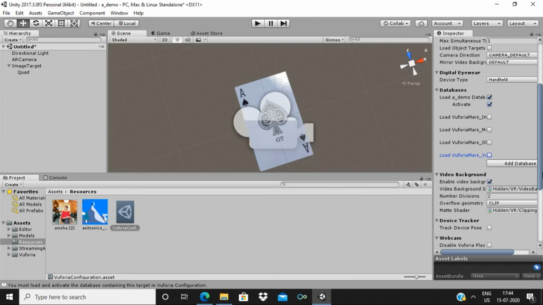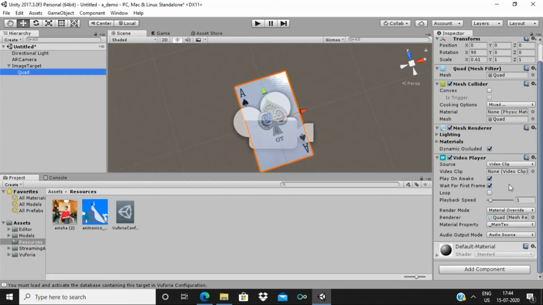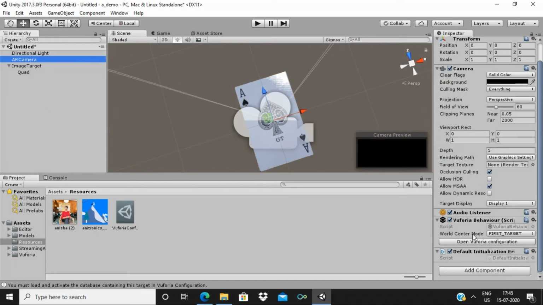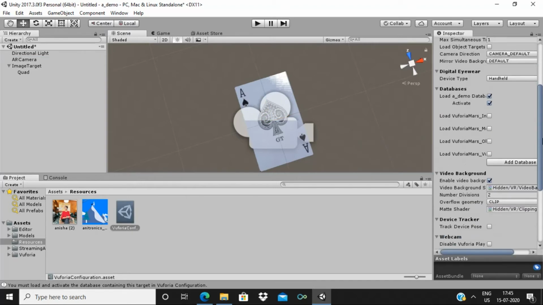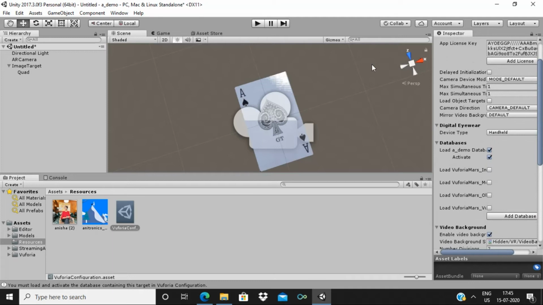and now on the quad, in the place of video clip, you need to drag this video clip into that. Yeah, perfect. So now it is ready to be executed.